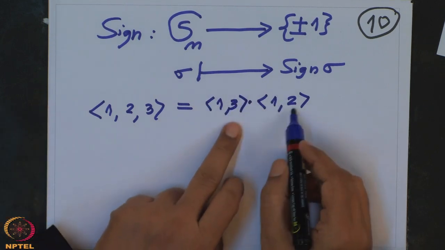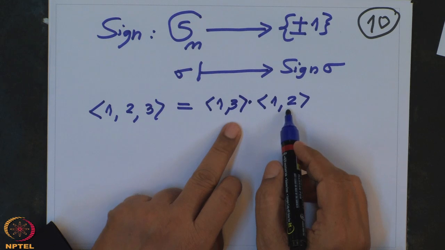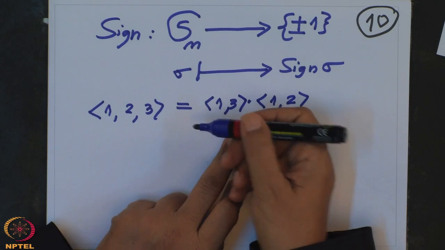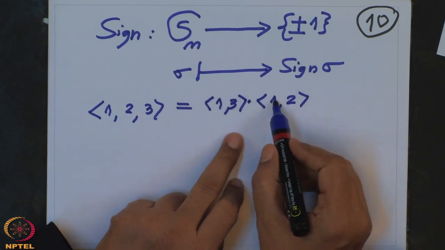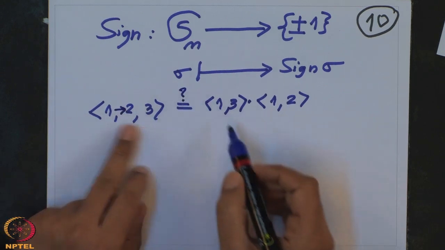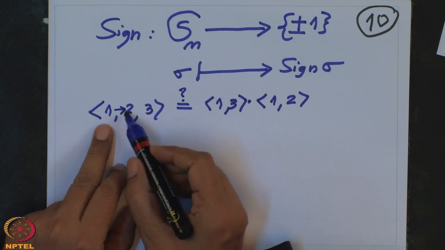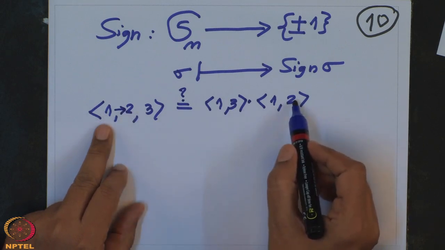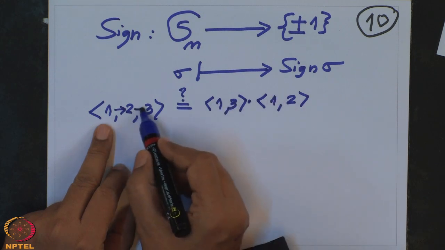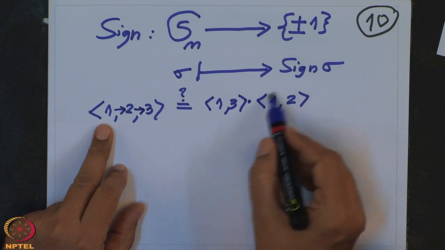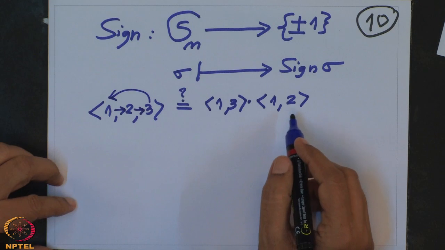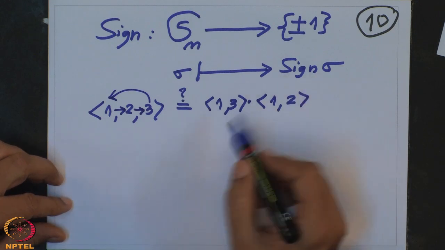Is that clear? One has to be a little careful. How do you calculate? You go from right to left, like a composition. I am checking this equality. 1 goes to 2, 2 is fixed, so 1 goes to 2. Where does 2 go? 2 goes to 1, then 1 goes to 3, so 2 goes to 3. Where does 3 go? 3 is fixed under the first, and then 3 goes to 1, so 3 goes to 1. So that is how one decomposes a cycle into a product of transpositions.